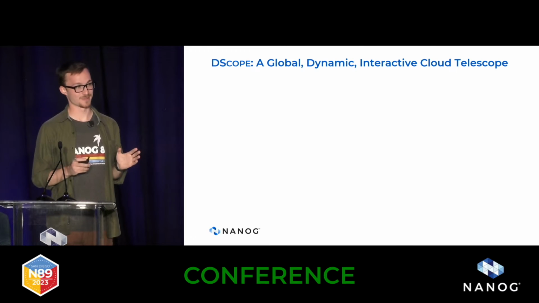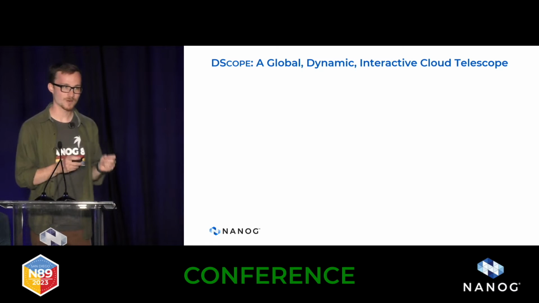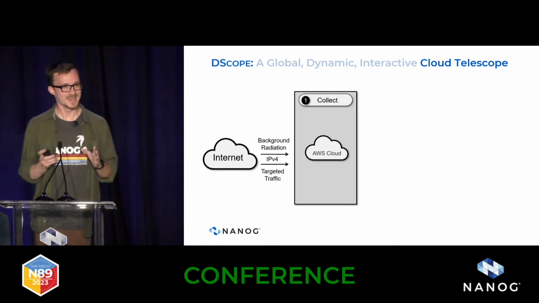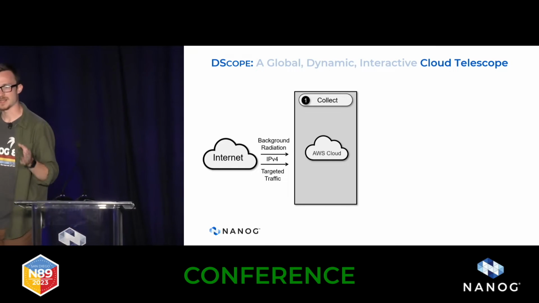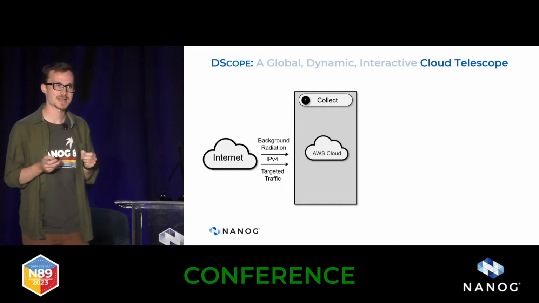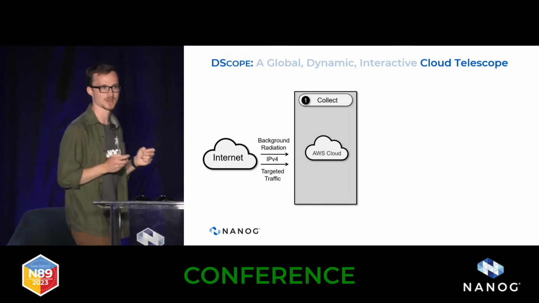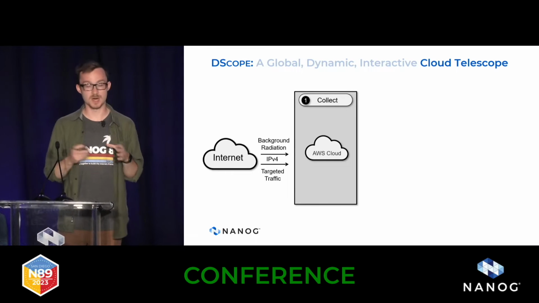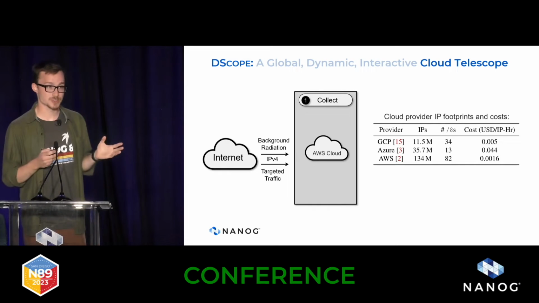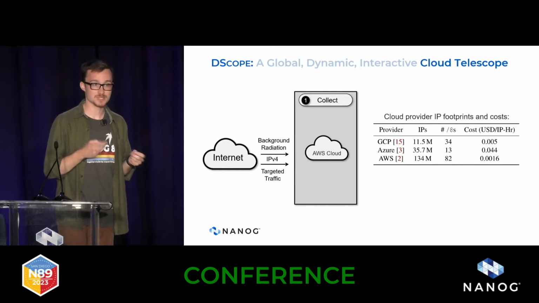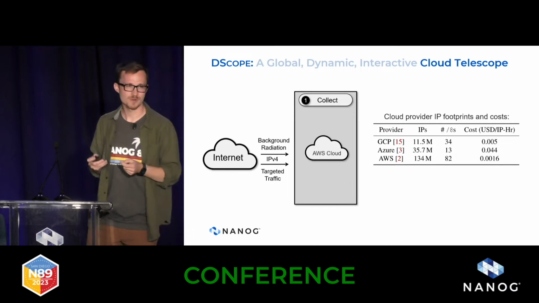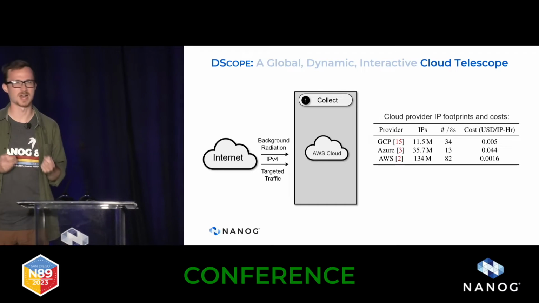Now, that's a mouthful, so let's look a little bit more closely at how the architecture of DScope is specifically tuned to achieve these goals. As I noted, we hypothesized that cloud-deployed services would be receiving a new space of traffic phenomena, that is, attacks that are specifically targeted by adversaries at public clouds. And so we deployed DScope on a major public cloud provider, in this case, Amazon Web Services. We actually did a preliminary analysis of different cloud providers to understand what price performance we could achieve using our architecture, and due to a variety of factors, Amazon is actually price optimal in this space.